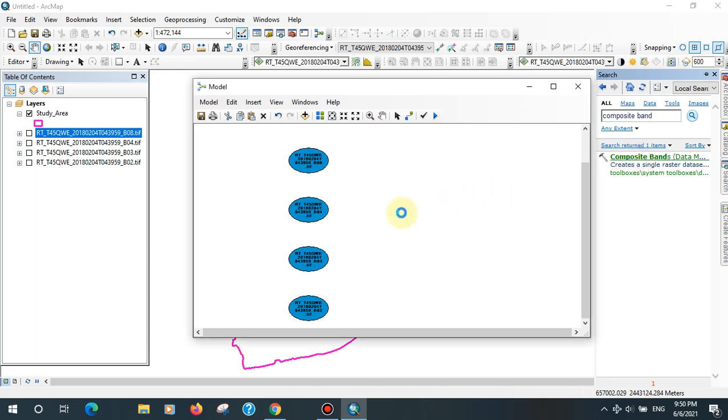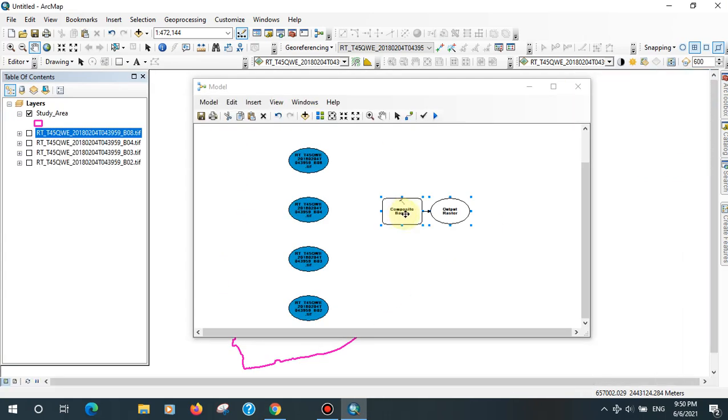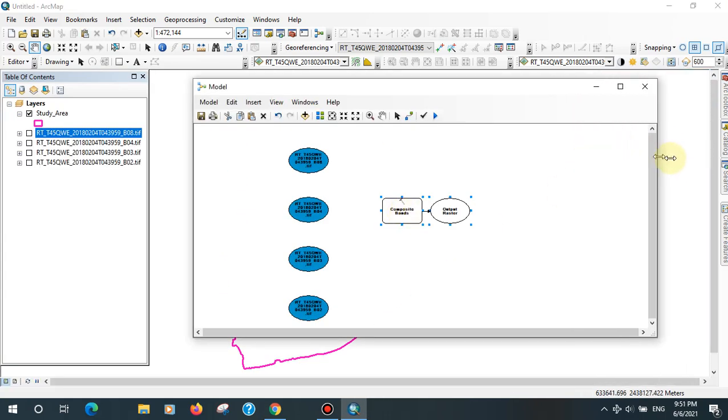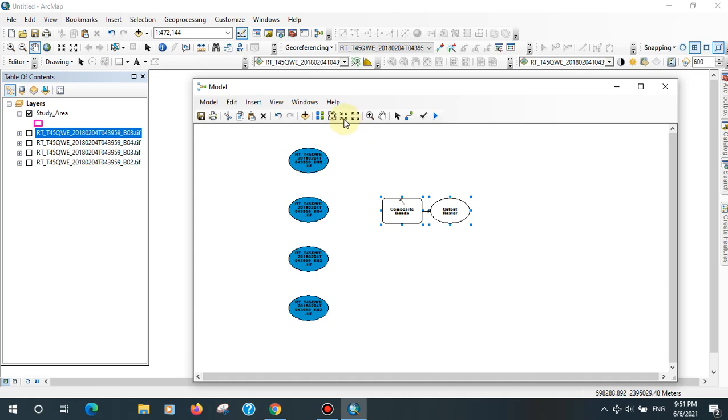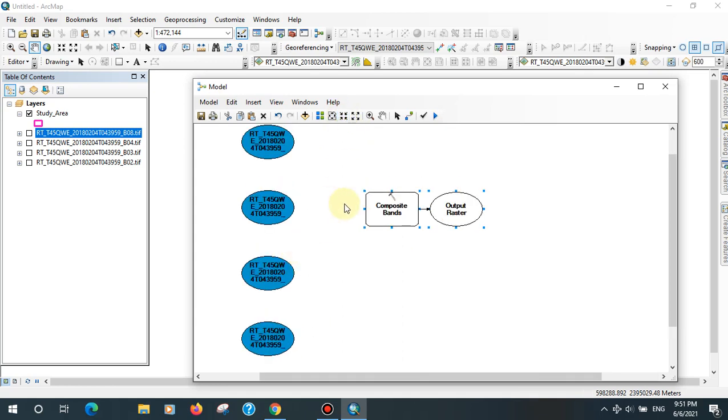Click here, composite band. Okay, composite band.